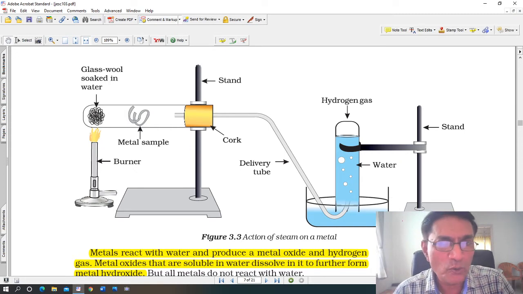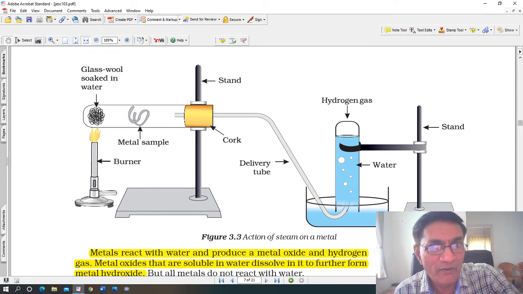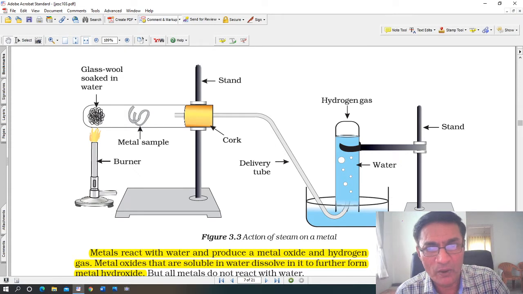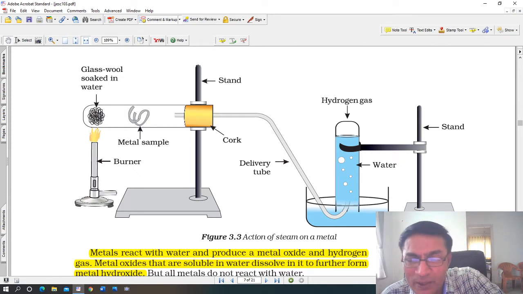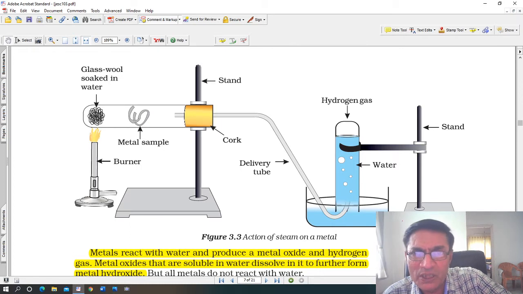ओके, वाटर में सोक करना जरूरी है क्योंकि जो नीचे बर्नर है, the burner will heat it, उसको गर्म करेगा तो पानी गर्म हो जाएगा, स्टीम हो जाएगा, then the steam will pass through the metal. अब वो मेटल स्टीम के साथ रिएक्ट करता है कि नहीं करता, वो चेक करना है। ओके, then there is a delivery tube. अब ये डिलीवरी ट्यूब क्यों रखा है, क्योंकि इसमें रबर कॉर्क के अंदर एक होल है, वो गैस को सिर्फ डिलीवरी ट्यूब में जाने देगा। इसमें जो मेटल के साथ स्टीम रिएक्ट करता है तो हाइड्रोजन गैस होगा।